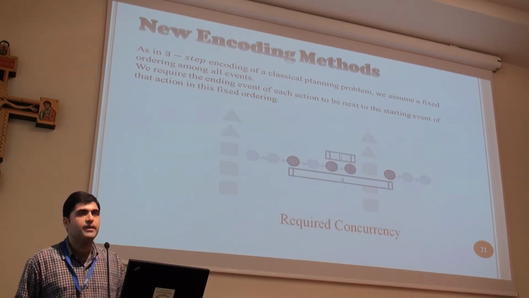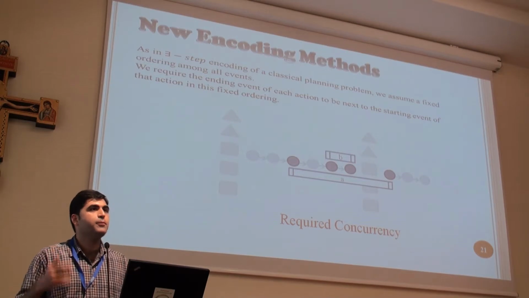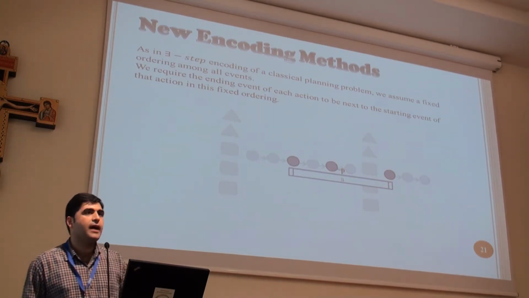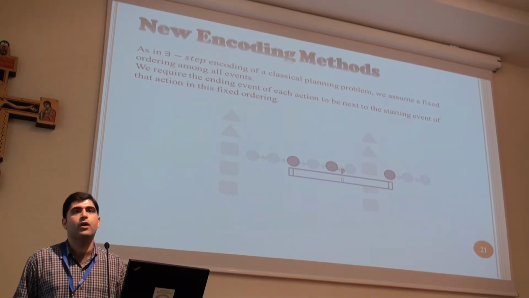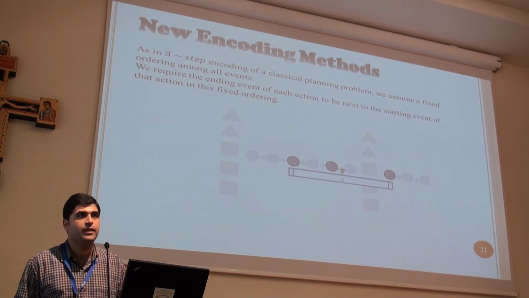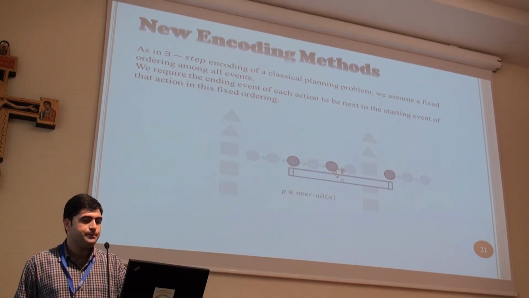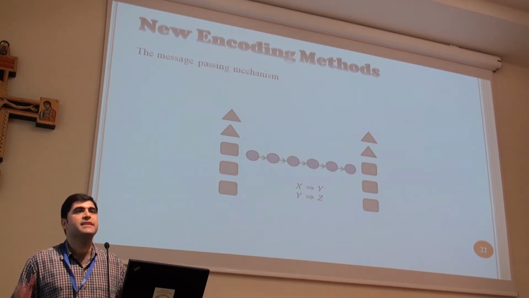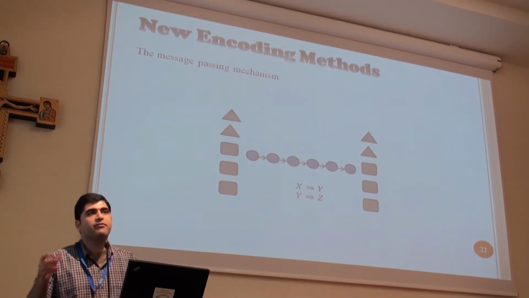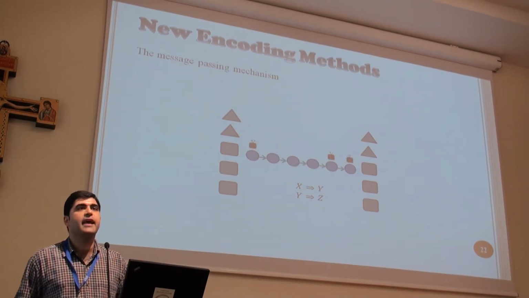As a result, we can have concurrency. We can deal with problems with required concurrency. But if an overall condition of an action is deleted, we should handle this situation. We do that by a message passing mechanism. It is done just by putting variables and clauses into the SAT formula, and we need extra